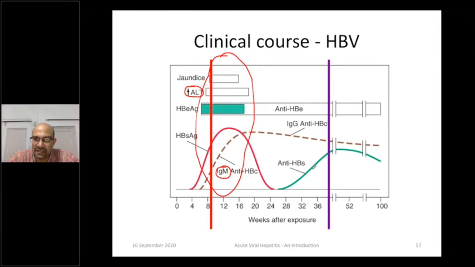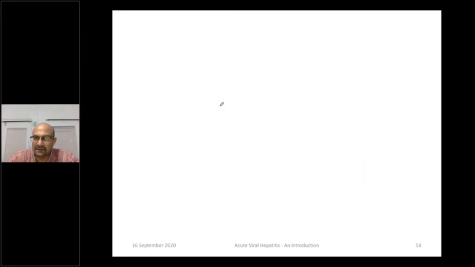However, in the later phases, once the person has recovered, anti-HBs has appeared, hepatitis B surface antigen will be negative now. If you're looking at the patient, let's say around 40 weeks, we'll find HBs antibodies are present, anti-HB core antibodies are also present, and anti-HBe antibodies are also present at this point of time. However, no antigens should be seen here. This is as far as acute hepatitis B is concerned. This is how it behaves.